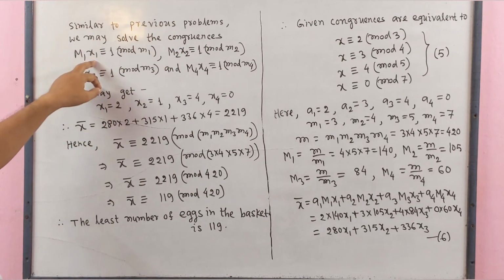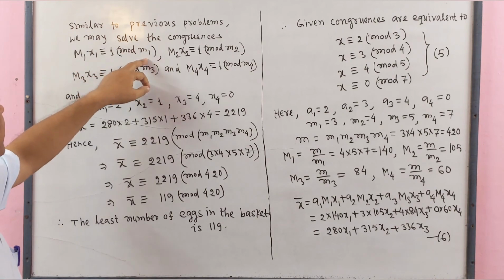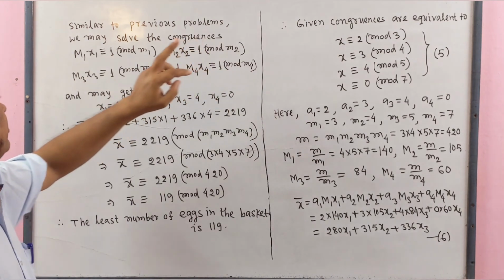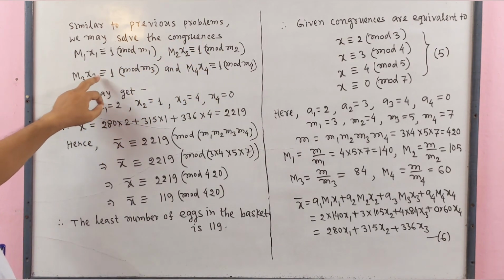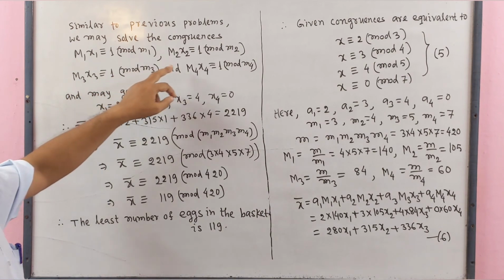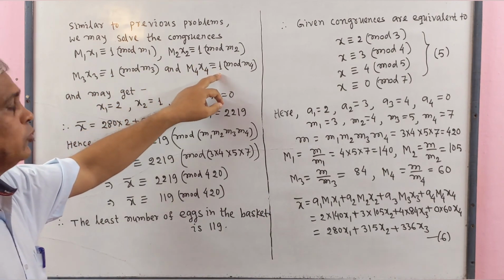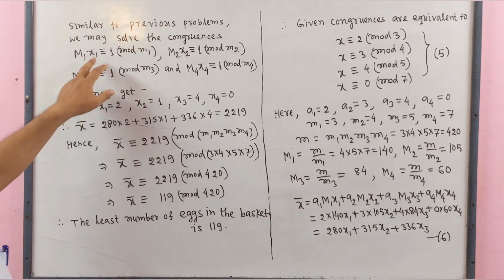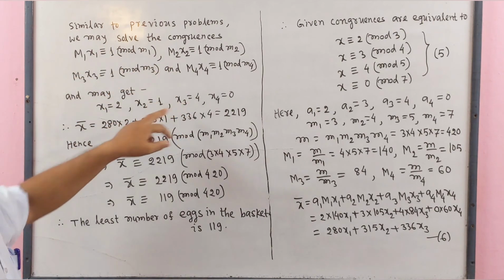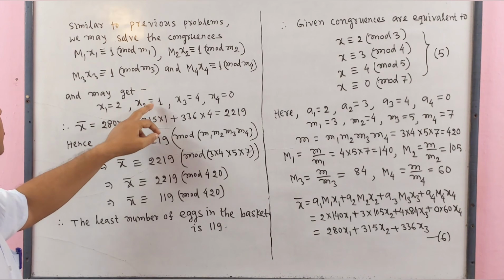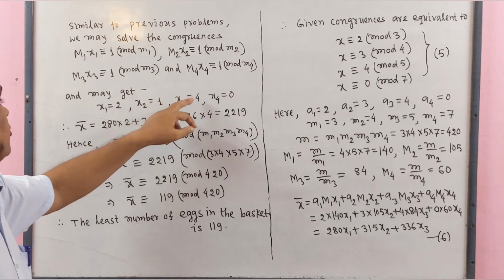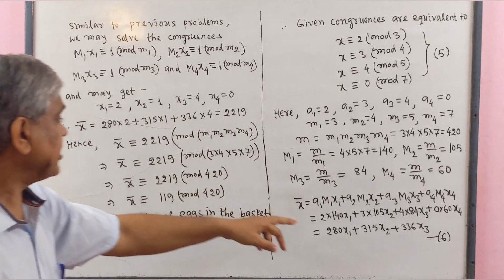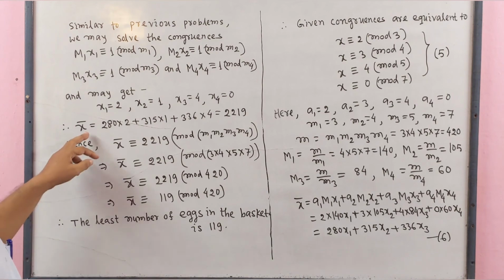Capital M1 x1 congruent to 1 modulo M1. Capital M2 x2 is congruent to 1 modulo M2. Capital M3 x3 is congruent to 1 modulo M3. And capital M4 x4 is congruent to 1 modulo M4. And we may get values of x1, x2, x3 and x4. x1 equal to 2, x2 equal to 1, x3 equal to 4, x4 equal to 0. Now, putting these values in 6, we get x bar equal to